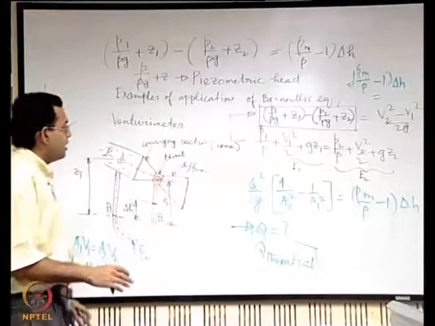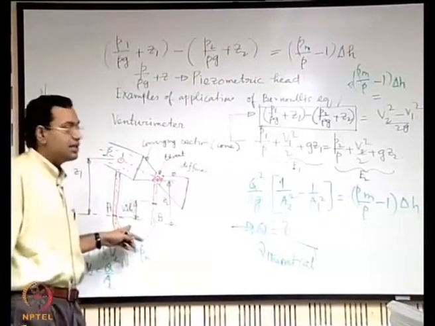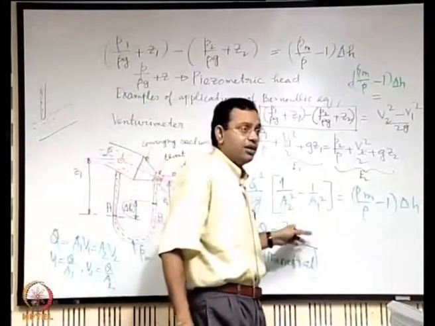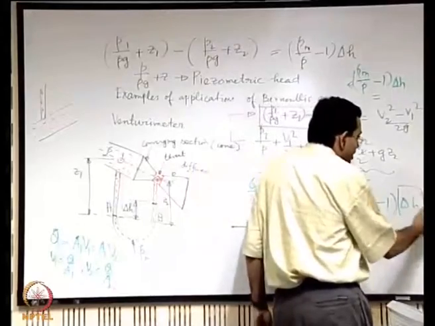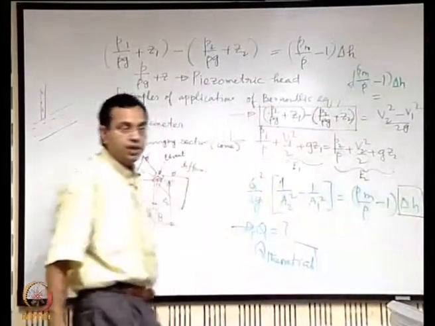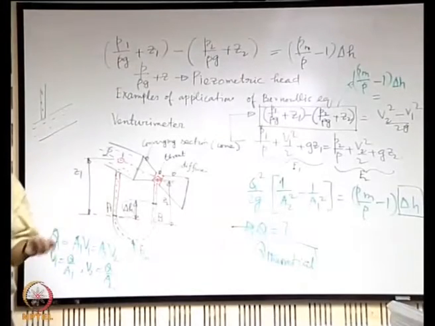So, that means whatever delta H you read here, it is not the ideal delta H. See, in this formula, what delta H you put to get the value of the ideal Q, this delta H is what you experimentally observe. We have to keep one thing in mind,